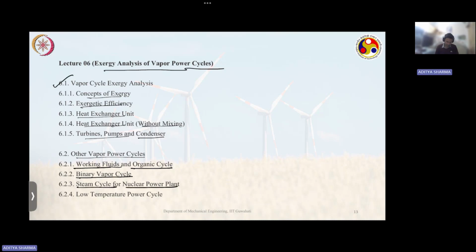Then is your nuclear power plant, right? Steam cycle for nuclear power plant. So here fuel is your nuclear fission, right? So in nuclear power plants, nuclear fission takes place, and then this energy from here is carried by some